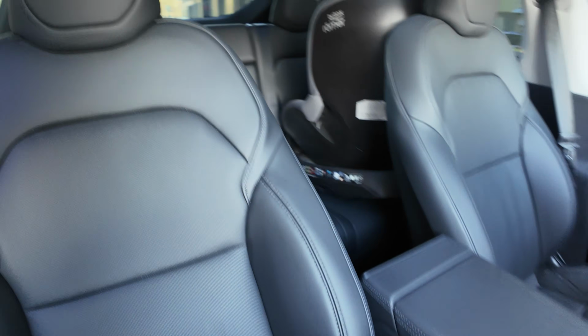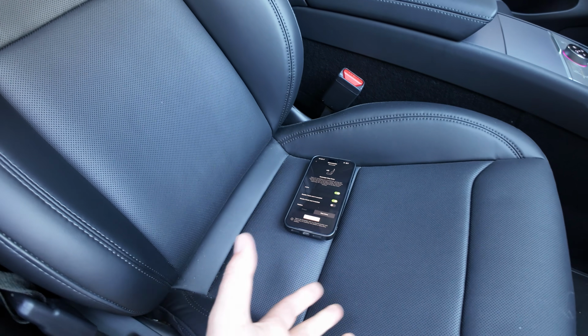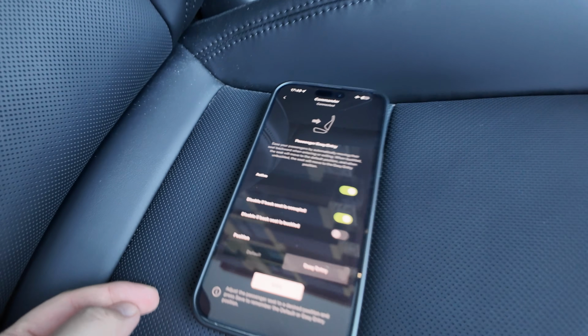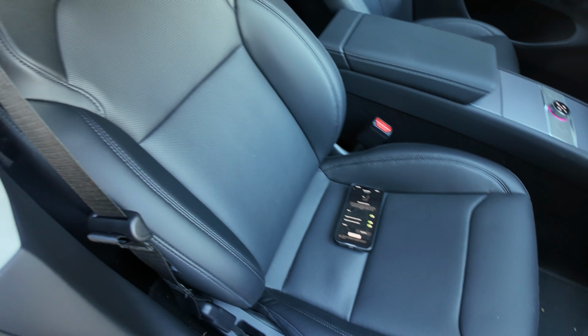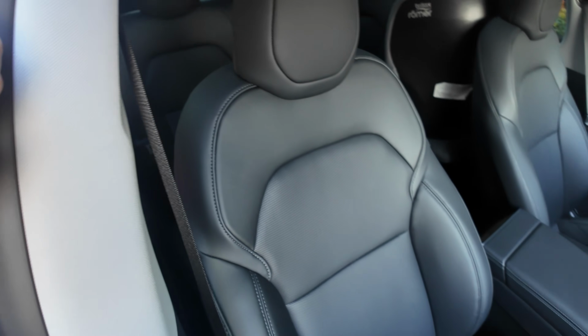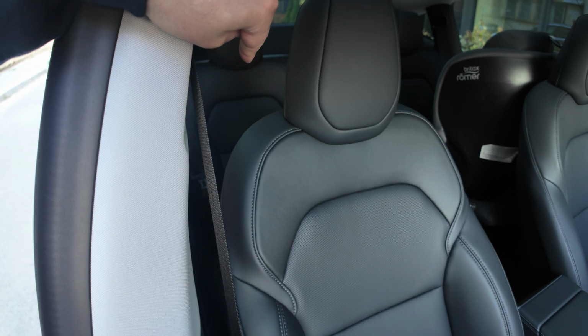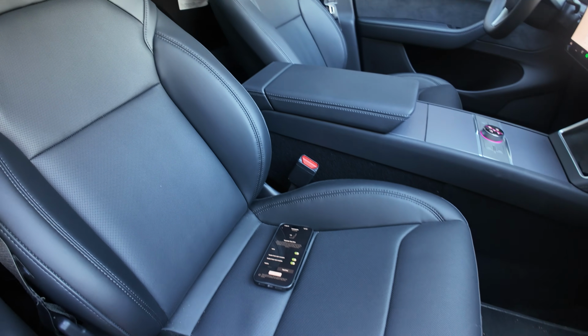He said that if a small child is sitting on the back seat, the car doesn't register it because it might be too light. That's why with the next update, there's going to be an extra toggle where, once it's on, it's going to be looking if the rear seat belt is buckled or not. So if you put something in the back and you buckle the seat belt, the front seat is not going